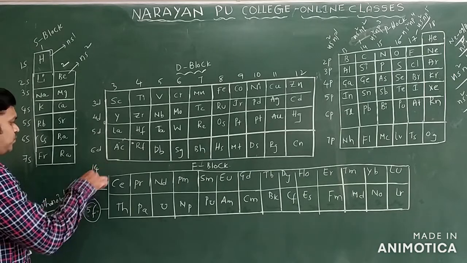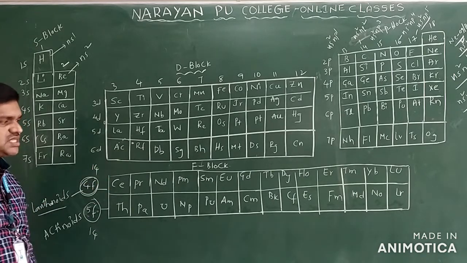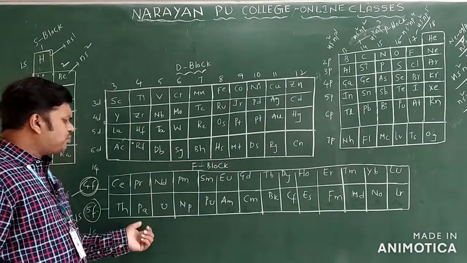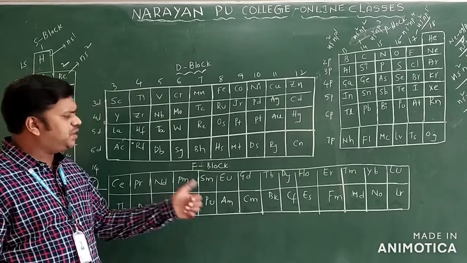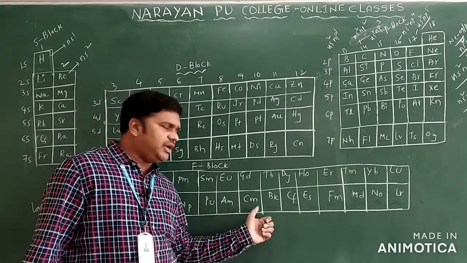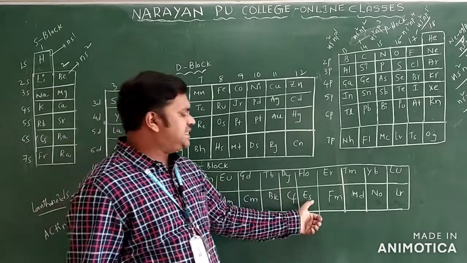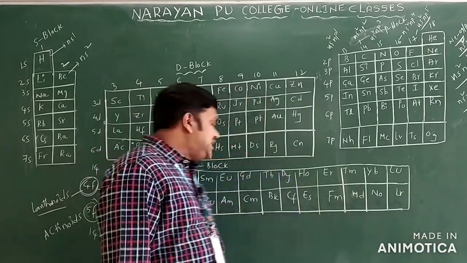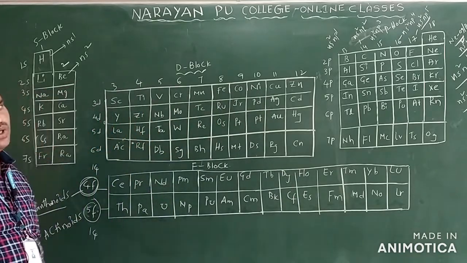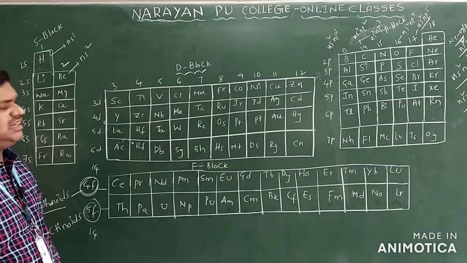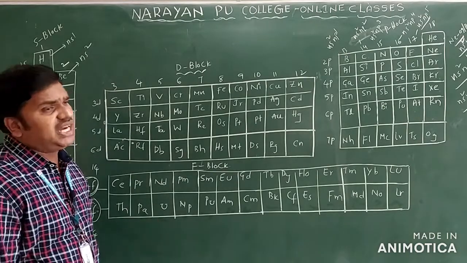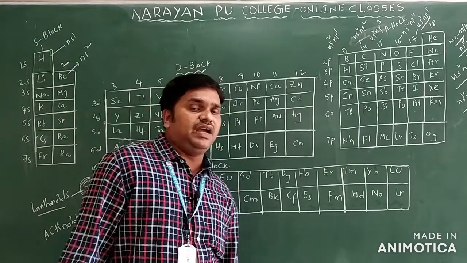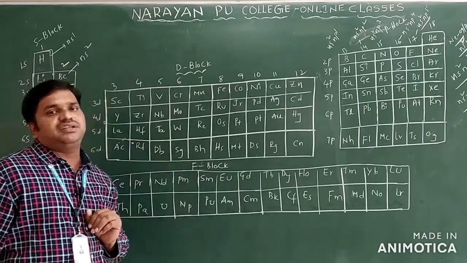So in the 4f series we have 14, and in the 5f series also we have 14 elements. These are thorium to what? Lawrencium only. Thorium, protactinium, uranium, neptunium, plutonium, americium, curium, berkelium, californium, einsteinium, fermium, mendelevium, nobelium, and what? Lawrencium only. These elements we are calling what? Actinides only, or you can say man-made elements, or we can say artificial elements. The majority of the actinides are radioactive in nature only. Lanthanides we are calling what? Rare earth metals only.